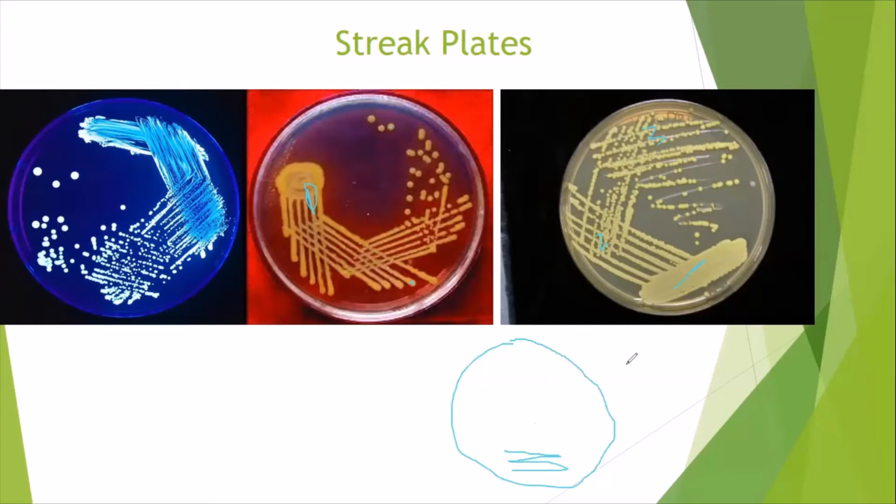I turn my plate at a 45-degree angle, and remember I would flame my loop again, let it cool, and I would take just a little bit from right here, just a little from right here, and then I would streak again. Then I would flame my loop again, allow it to cool, and then take a little from right here, and then I would streak again. And that's how you get the single colonies, because as you isolate the medium,